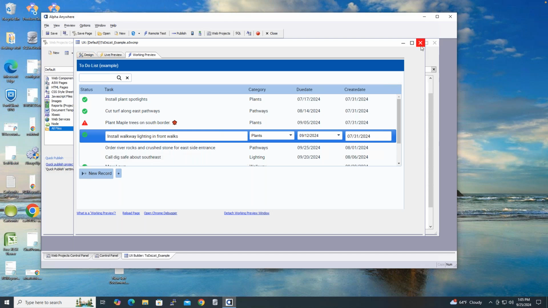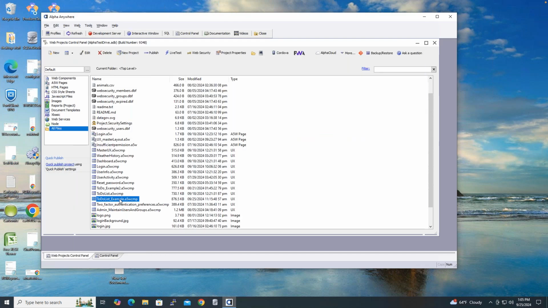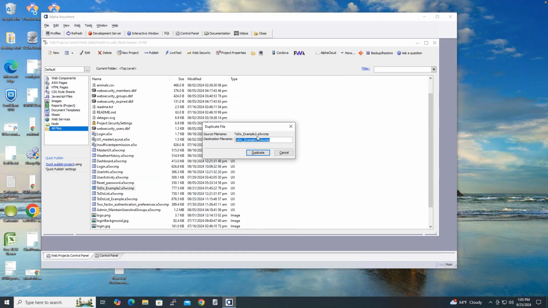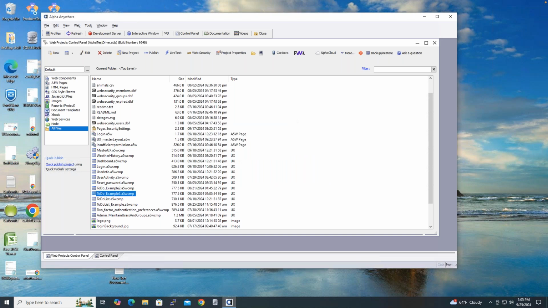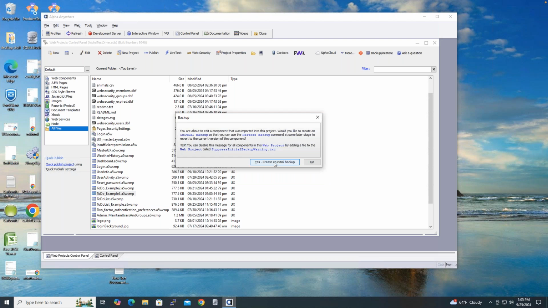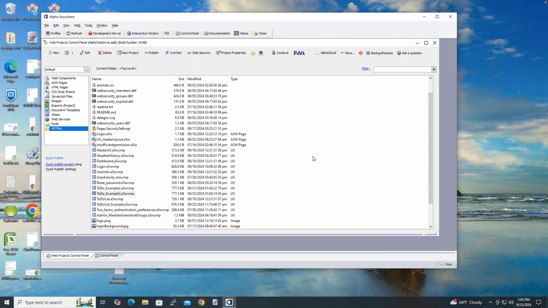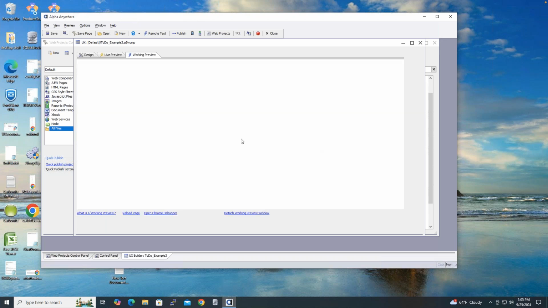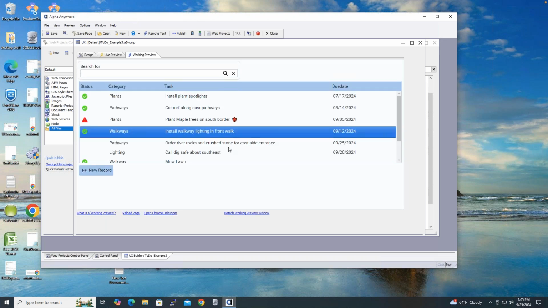So I'm going to close this up and I'm going to make a duplicate of the one that we built last month. So let me duplicate that one and we'll call it number 3. All right, so let's open up to-do list example number 3. And let's get going. Right now, if I go into working previews, you'll see the list just operates like it